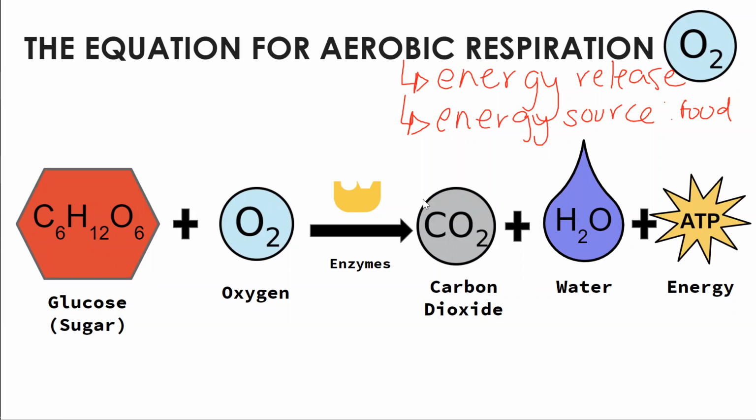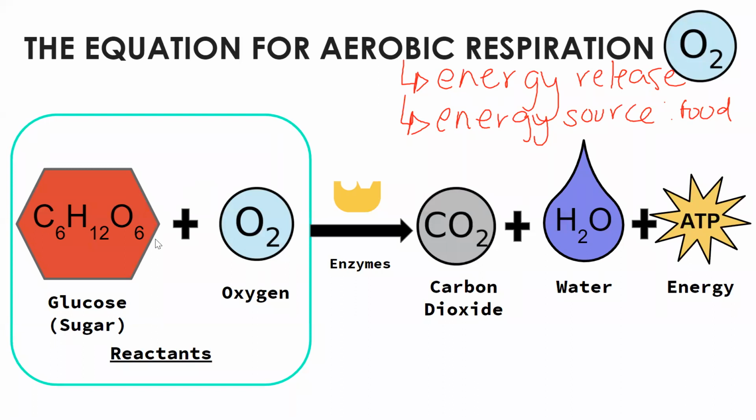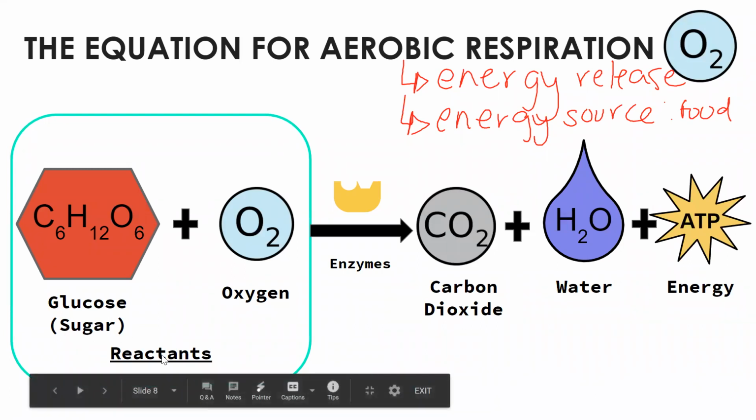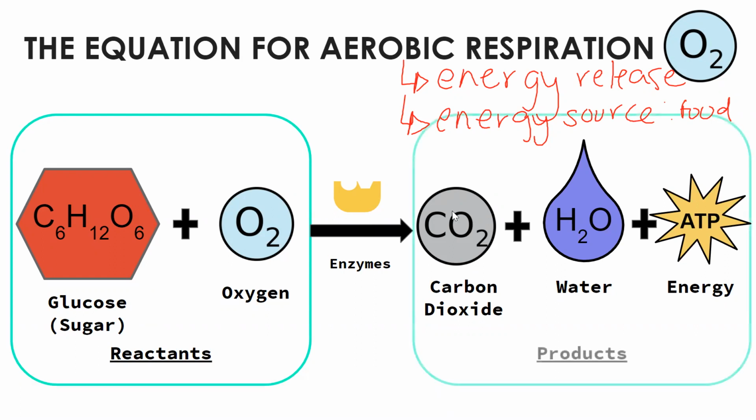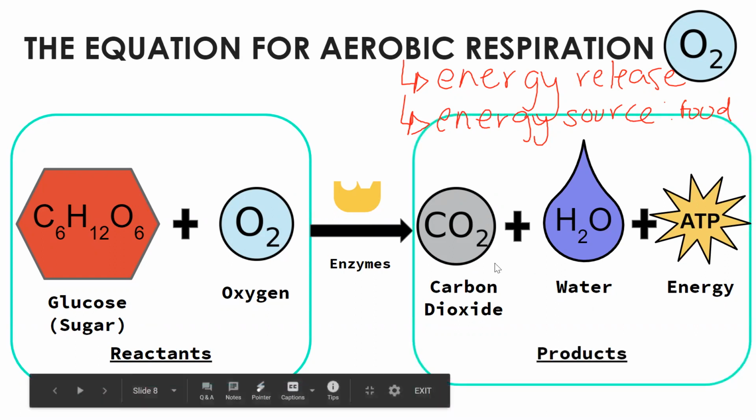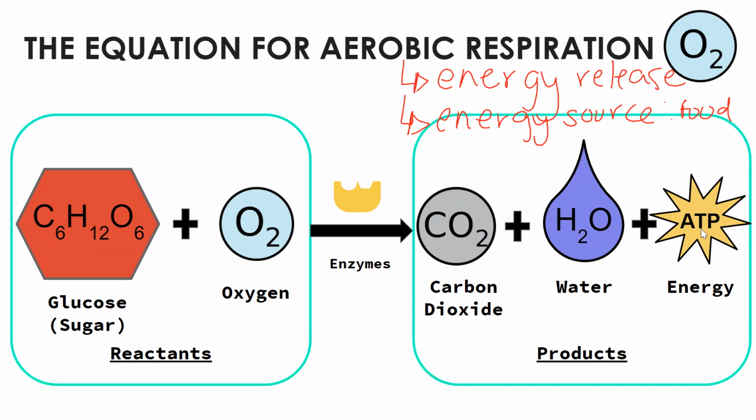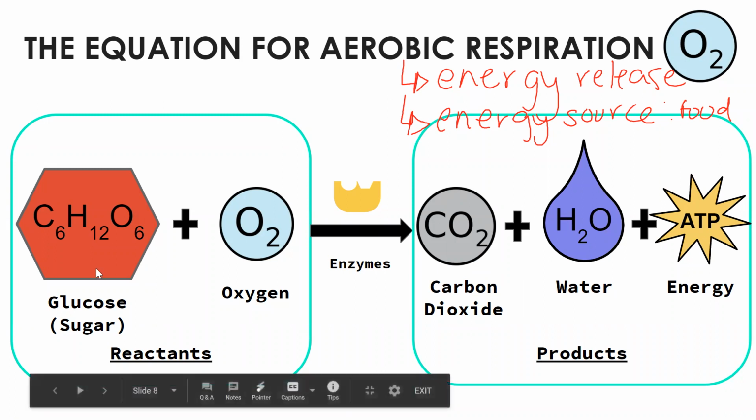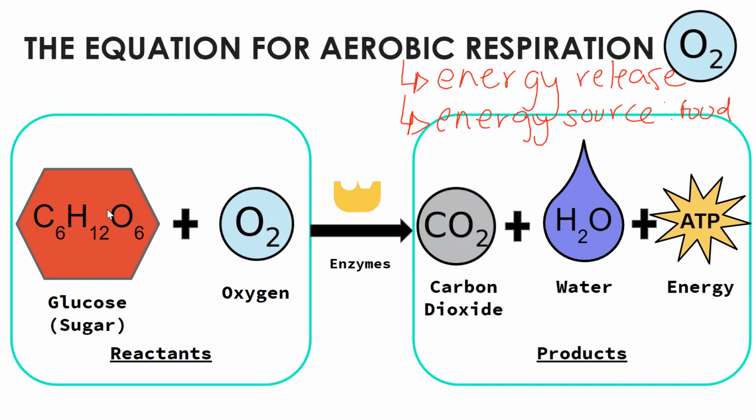So plants and animals take glucose and oxygen, our ingredients, those reactants, and in the presence of enzymes, break them down to make the products, carbon dioxide, water, and energy, or ATP. So while plants can make their own food and then turn around and break it down, animals have to get our glucose from other sources, like